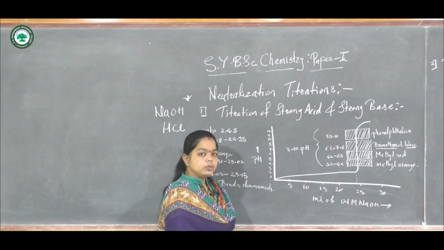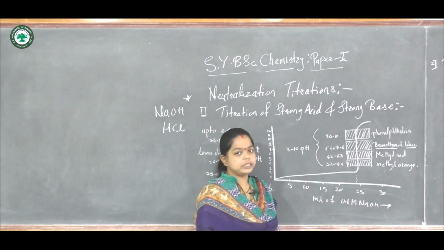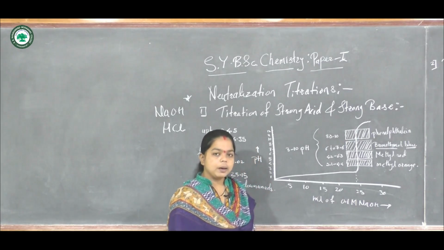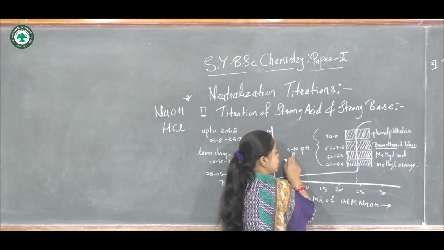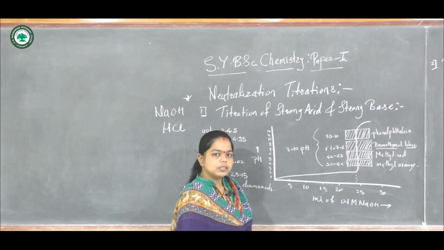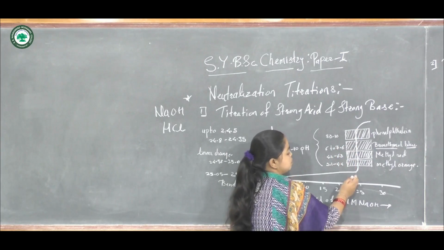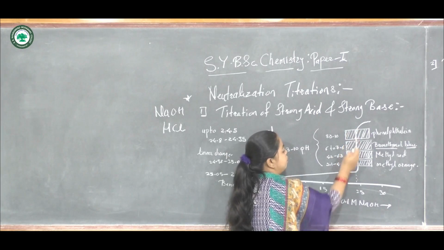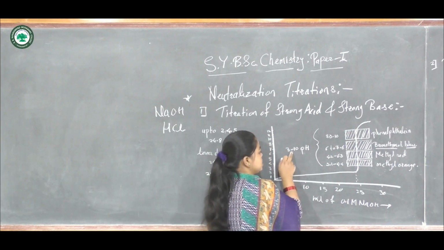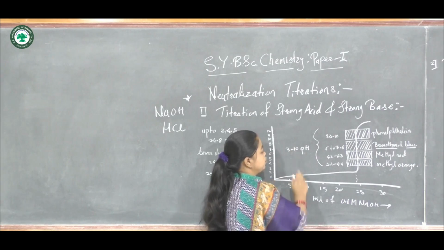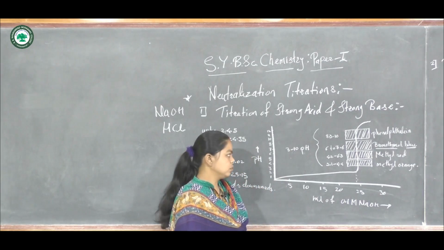This value is the end point of the titration, where the base completely neutralizes the acid, and the pH range for this equivalence point is given. So this is the equivalence point of the titration shown by the graph, a sudden change. The pH will suddenly increase, within the range of 3 to 10 pH values.